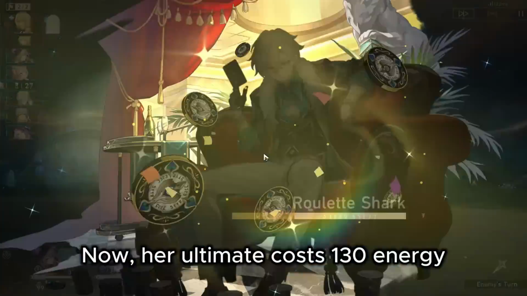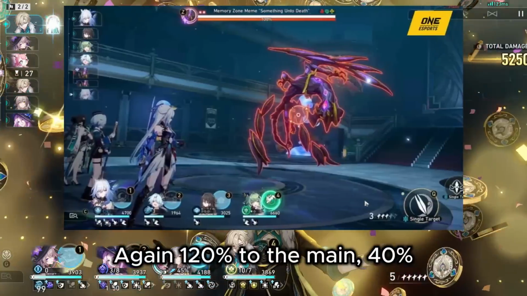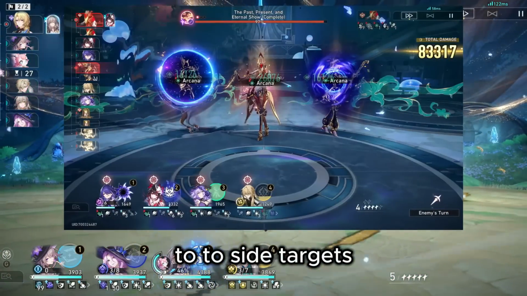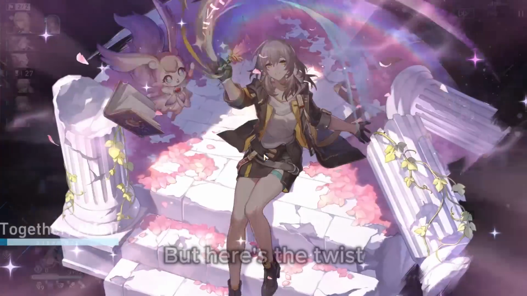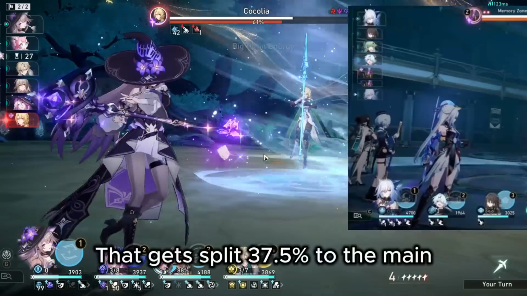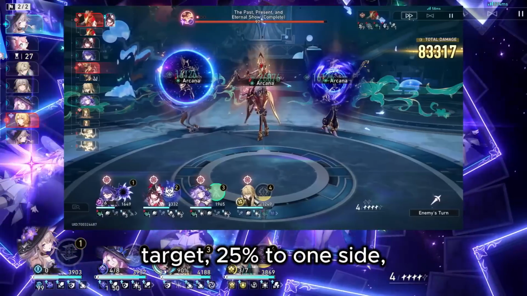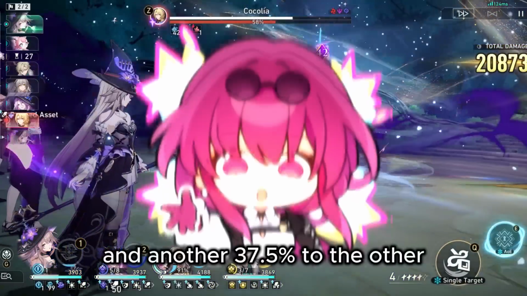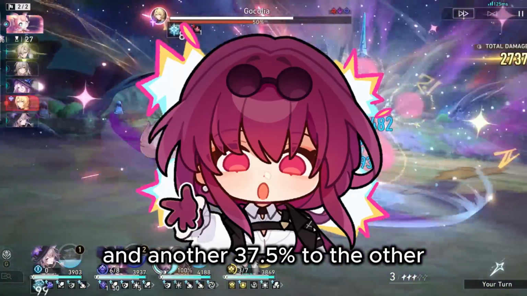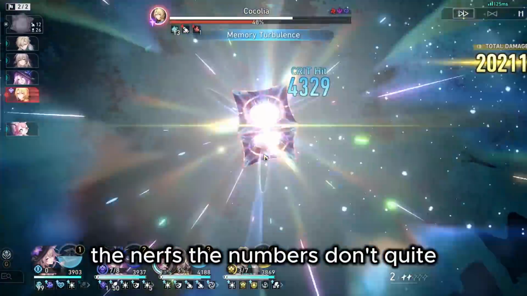Now, her ultimate costs 130 energy and first deals regular damage. Again, 120% to the main, 40% to side targets. But here's the twist. It then dishes out true damage based on that stored value. That gets split 37.5% to the main target, 25% to one side, and another 37.5% to the other. The design is clever, but with all the nerfs, the numbers don't quite deliver the punch